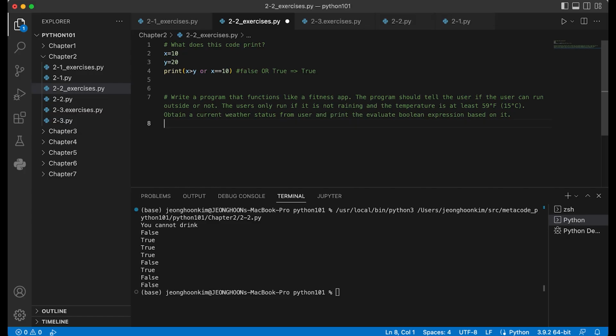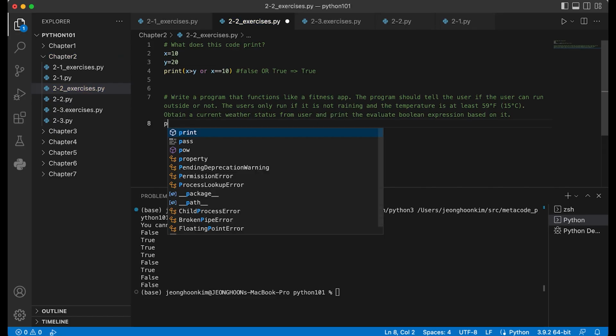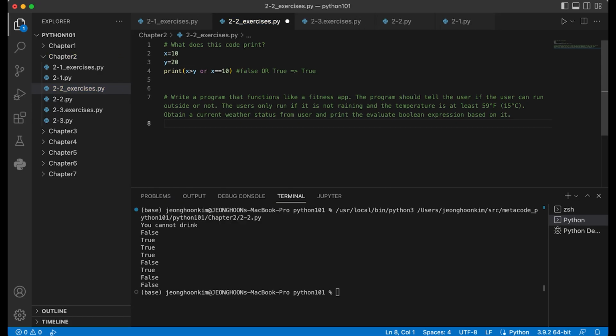So first, we ask them: is it raining? True or not? So we can get the information from that.